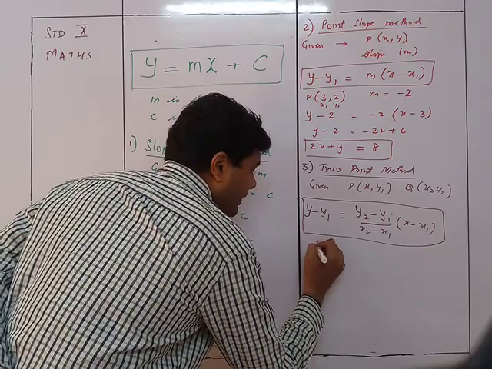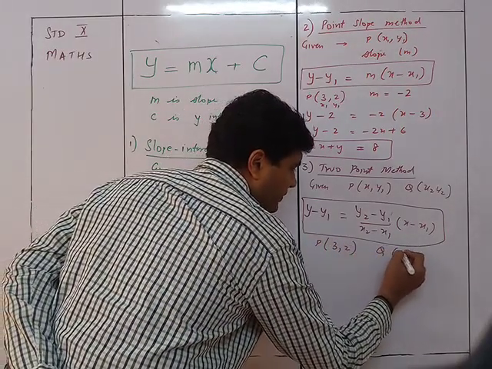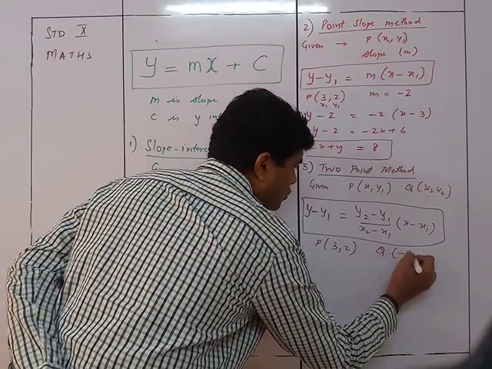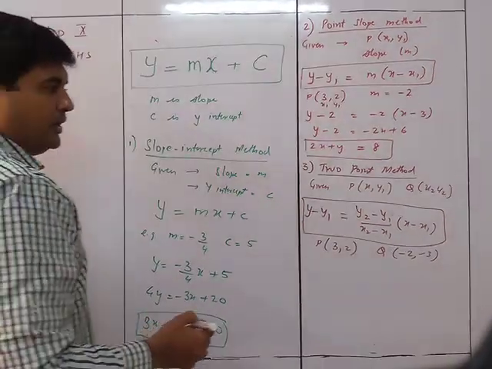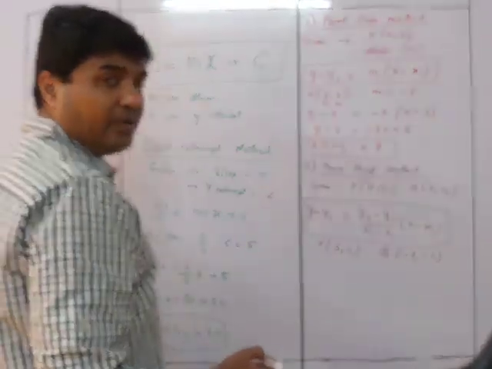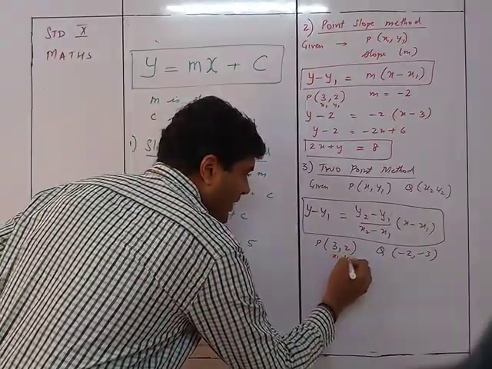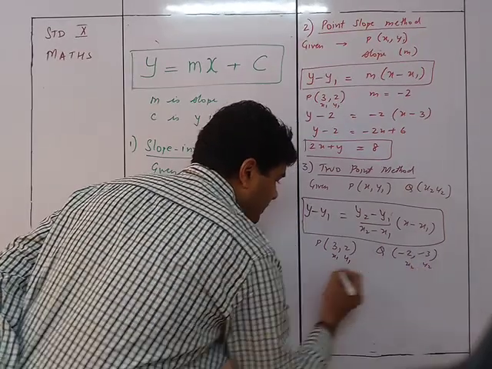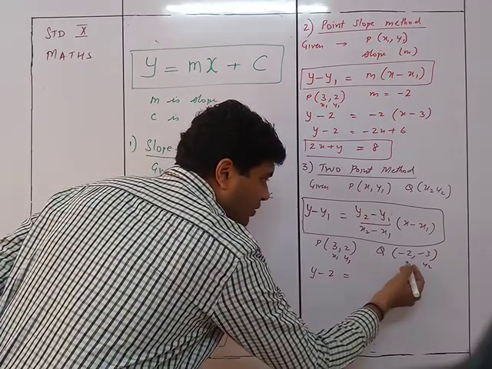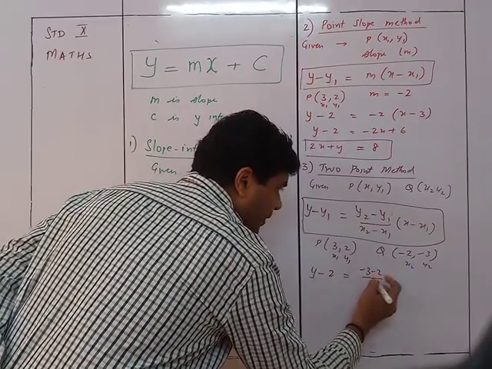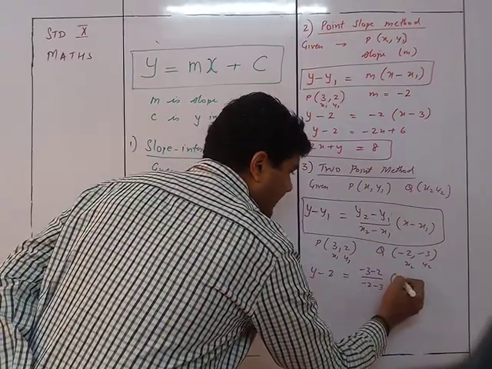So suppose we have got a point P, which is (3, 2), and we have got point Q, which is given as, let's take something different, (-2, -3). If these 2 points are there and I want to find the equation of the line, what will be the equation? This will be x1, this will be y1, this will be x2, this will be y2. So we will have y minus y1, that is y minus 2, is equal to (y2 minus y1), that is -3 minus 2, upon -2 minus 3, times (x minus 3),